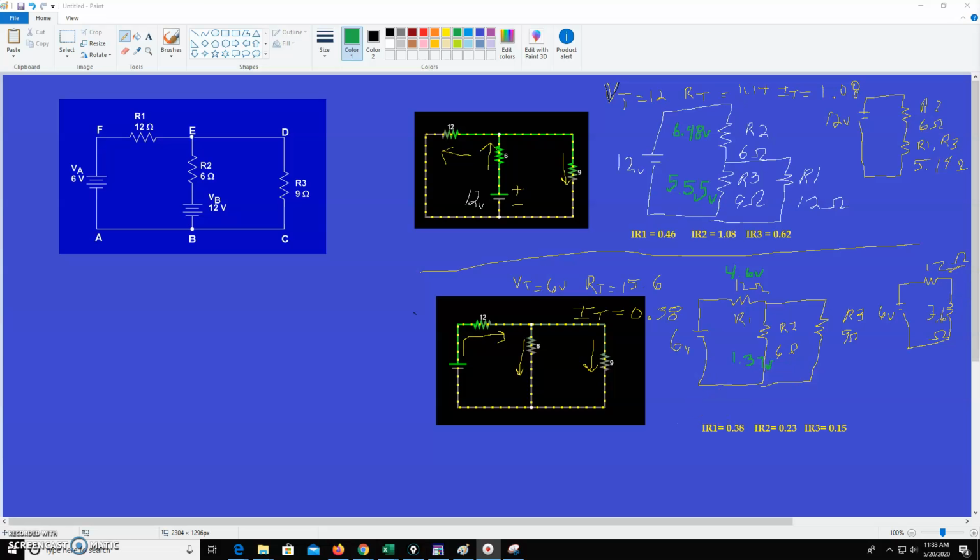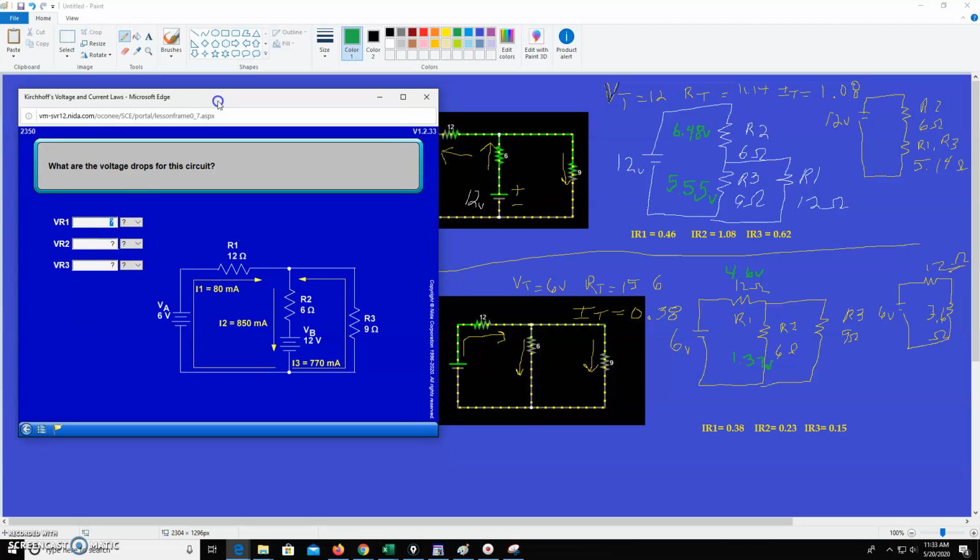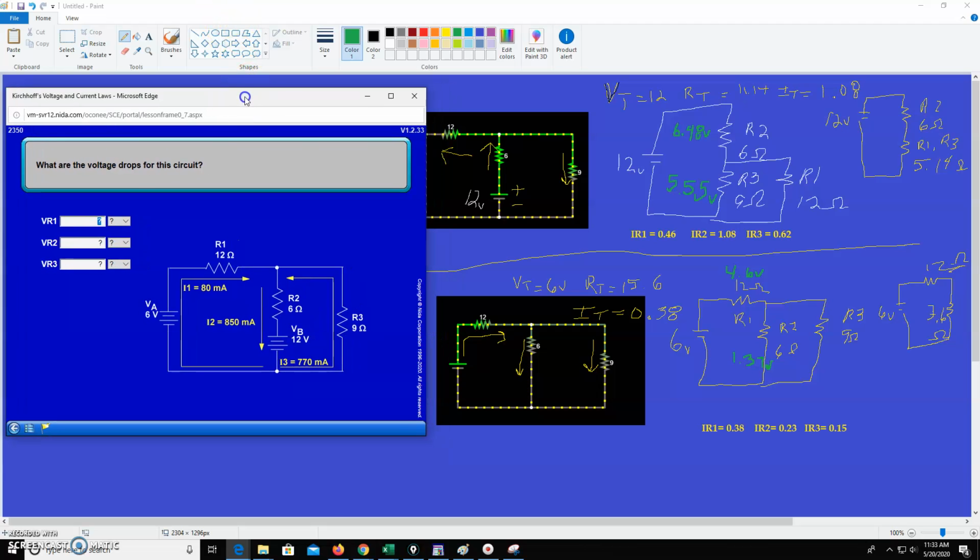Now here is where the magic begins to happen, and I'm going to bring this over and cover up because this is what NIDA is asking me for. We're going to look at the currents too, but first the voltage of R1. Now this is why those arrows are important. R1 is this 12 ohms. Notice they have opposing arrows. That means we're going to have to subtract. We just subtract the lowest from the highest. So R1 here, in this parallel branch, is seeing 5.55 volts. R1 here is seeing 4.6. So basically 5.55 minus 4.6 gives us